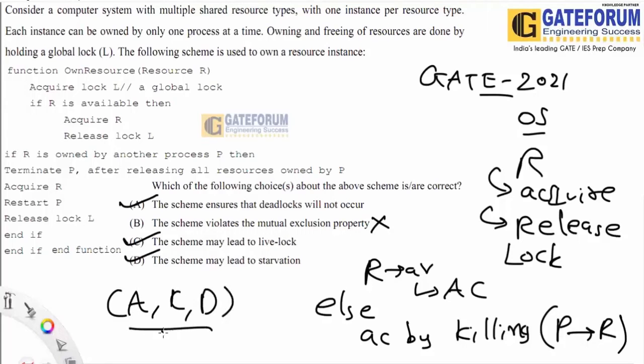Okay, so this question is a little bit complex, but you can understand this by a simple mechanism of understanding how the locks are acquired and how each and every process works. So the answer is basically A, C, and D for this process, and mutual exclusion is also there. So that's why saying voluntary mutual exclusion is incorrect. So your answer is A, C, and D.